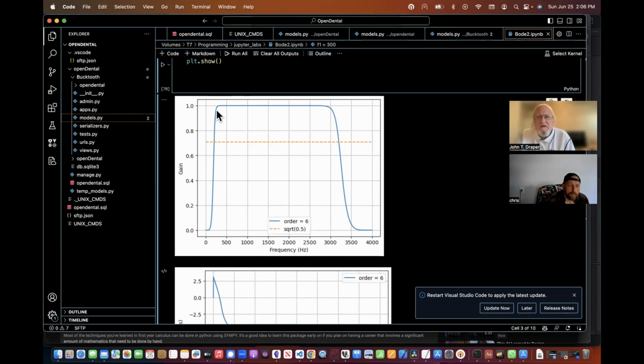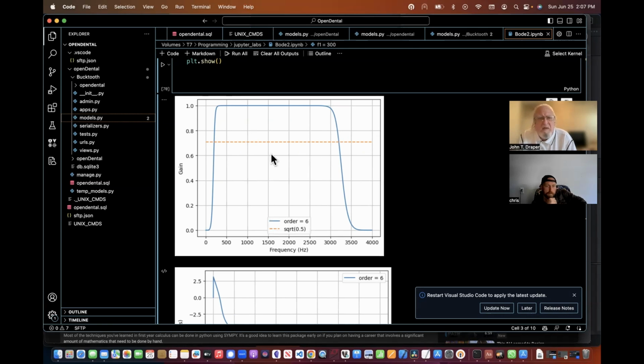And the reason for that is that's what is called a midpoint. And it's just by definition and by standard. So it's slightly below here is 0.707. Okay. And here's the line right here, 707. That's the line. And so this point right here is the beginning frequency, which is 300 hertz. And this is the ending frequency here of roughly about 3,200 hertz.